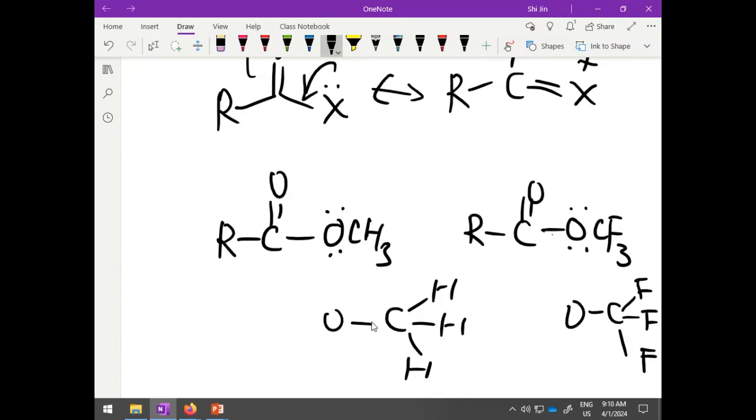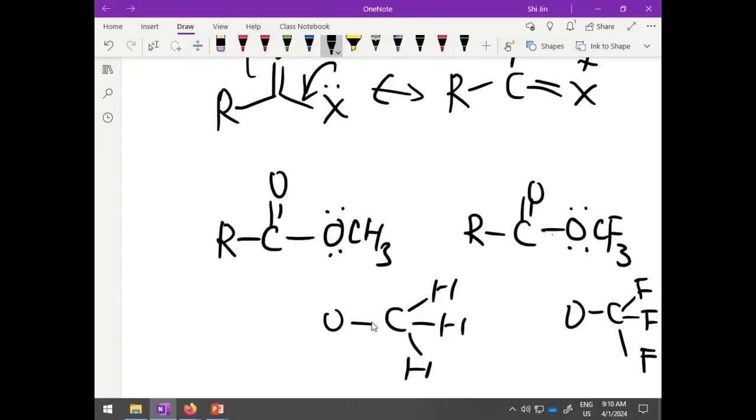Right, it's H and F. But the argument is correct, because the CH3 doesn't have a very strong electronic interaction with the O. But the CF3, as we saw in chapter 13 earlier, and also again in chapter 18,